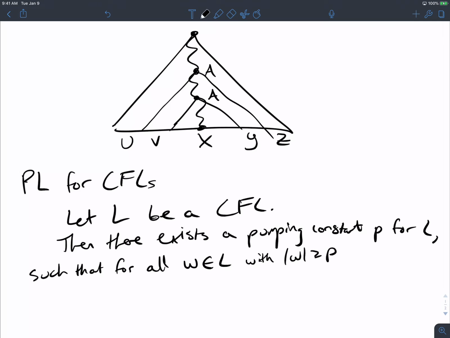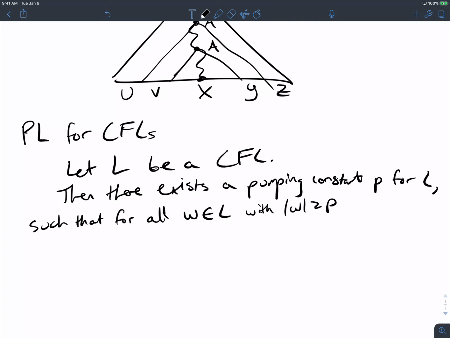So the p here is all that it is to guarantee some number that the tree eventually must become tall enough to guarantee this repetition. Okay? So it's just guaranteeing at some point the height is big enough so that we have this repetition. So that's why we have those two conditions. Always remember why we have these here, not just trying to remember it verbatim. There's a reason for all of this, I swear.